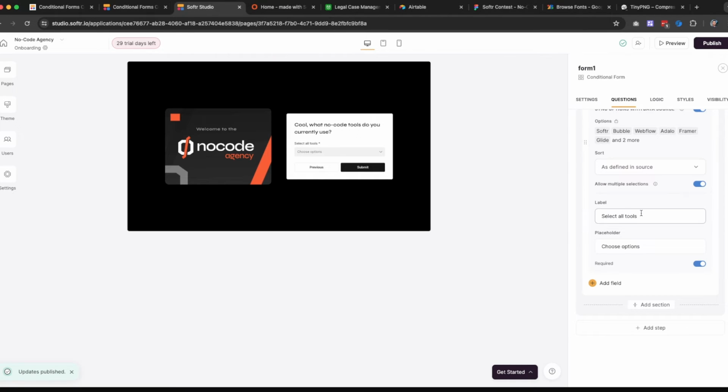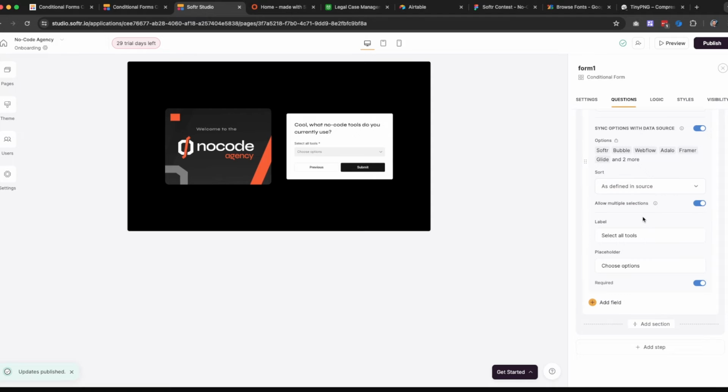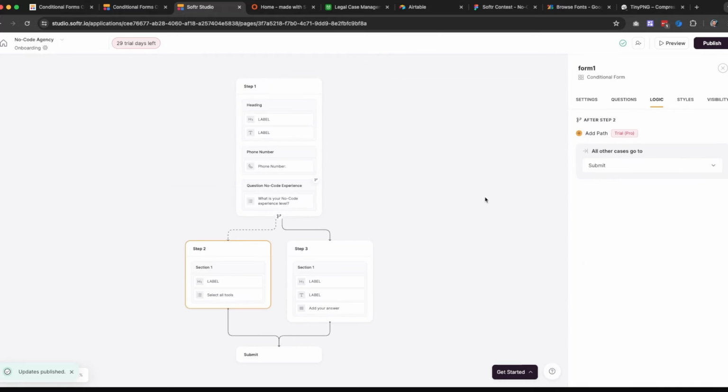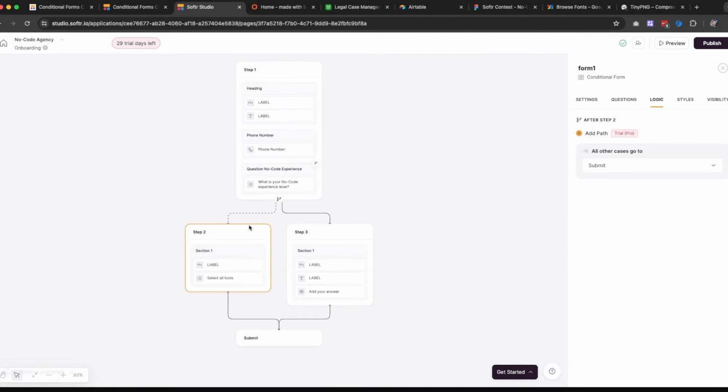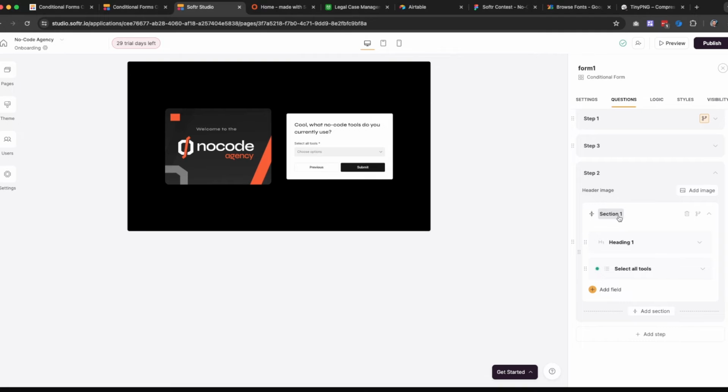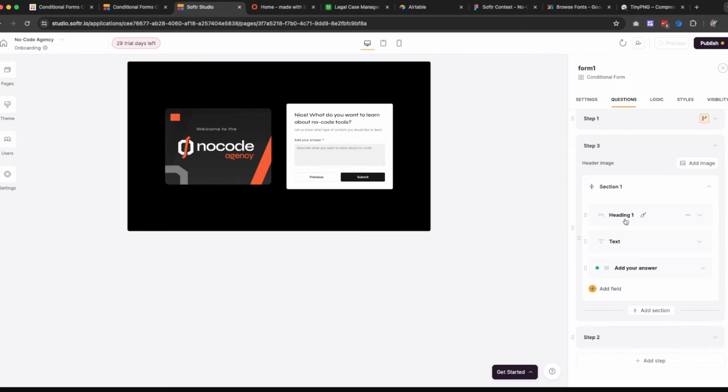Now I need to define another field here, which is maybe, let's see. So it's going to ask the phone number, ask the question, what's your no-code experience level? Then it's gonna either go to step 2 or 3, which are, let's rename them so we can see. So this one is, this one is